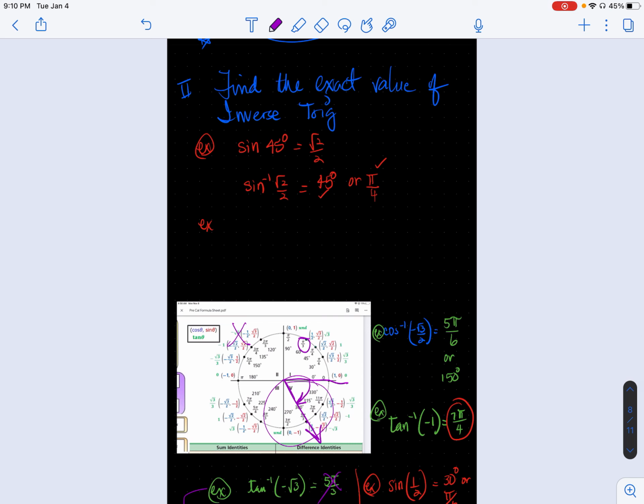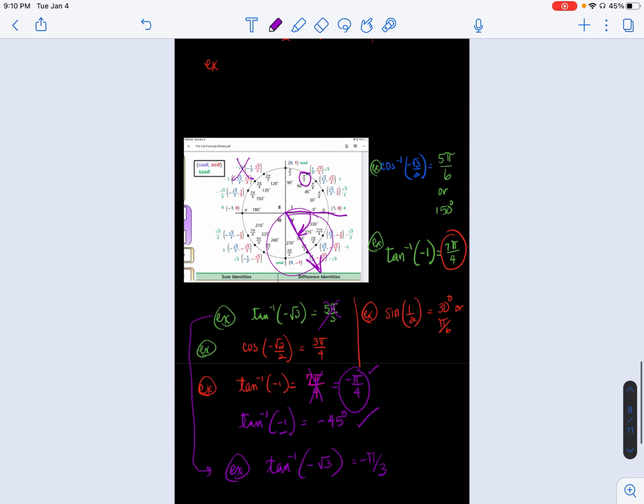Not every answer is acceptable, just the way it is. So we have to think about the restrictions and the correct way of writing angles. That is it